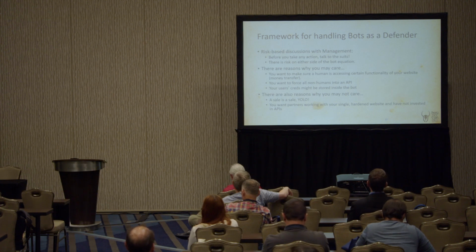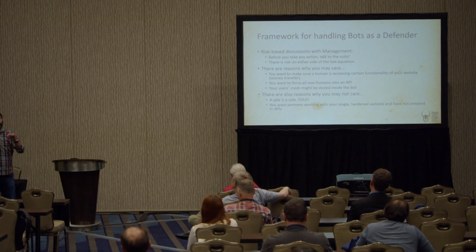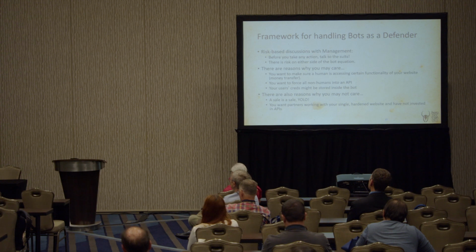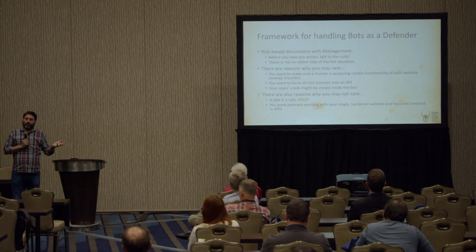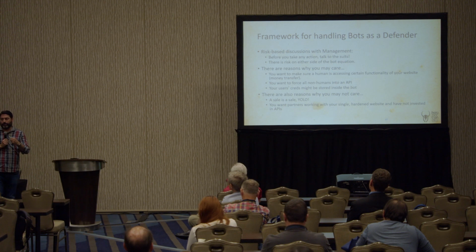So you may care, right? You may say, I want to make sure that a human is accessing certain functionality in my website, like transferring money. If I'm a bank, I really want to make sure that's the case because something called Regulation E means that I am responsible as the bank for any digital transactions that happen on the platform, which is why you can call your bank in a lot of cases when you've had certain types of fraud, and they are able to reverse it because they're ultimately responsible. That's also why they put a lot more fraud controls and layers in, because they want to make sure you actually are intending to do the thing you're trying to do. You may want to force all non-humans into an API so you can control it, have authenticated access to it, limit what they can do, and make sure it's in a defined pathway that works.